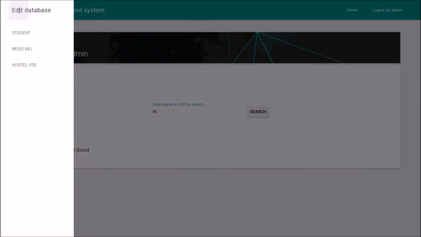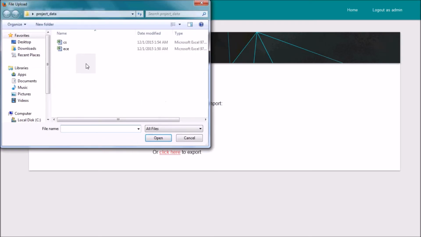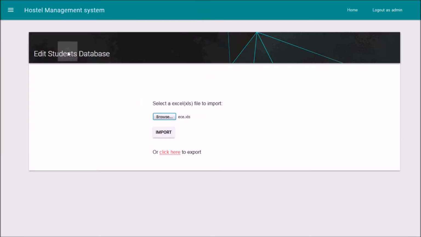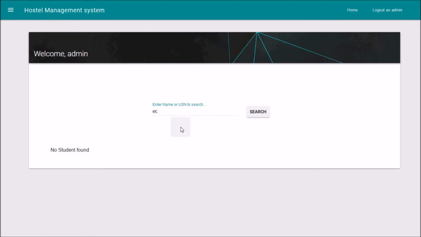Now I'll go to the edit database section and to student and browse an Excel file to import. Suppose I import the database of EC student, click on import. Now when I go back again to the home page and type EC over here, I get the database of